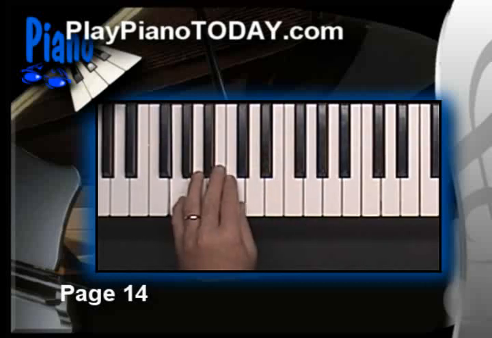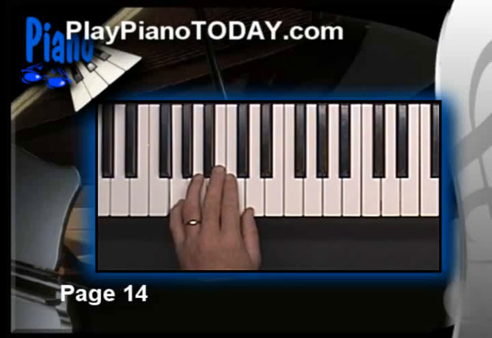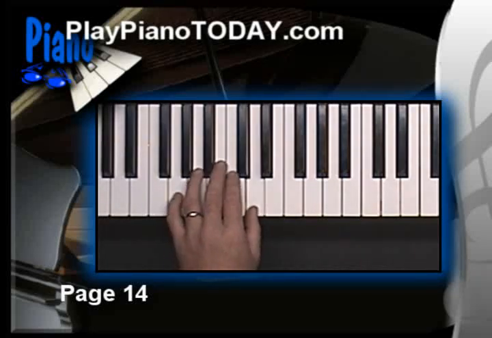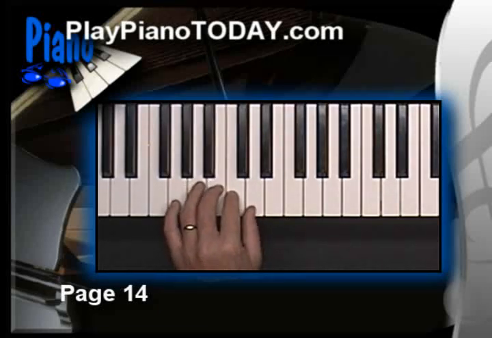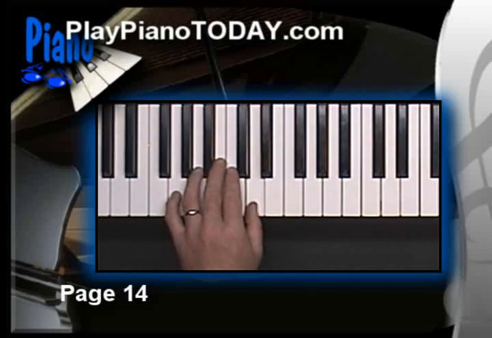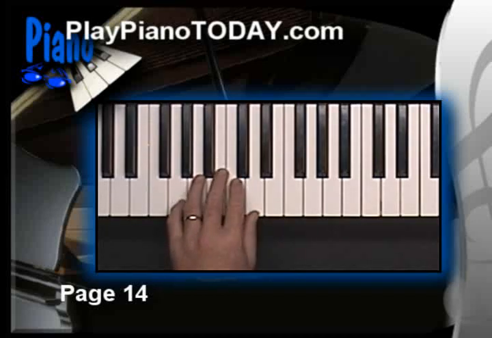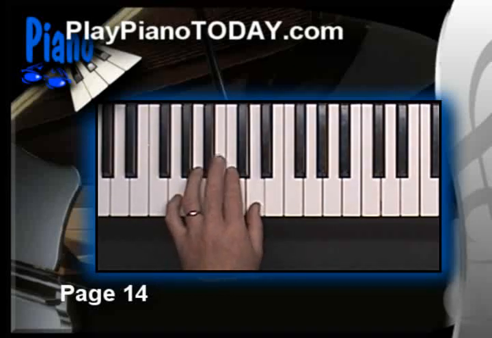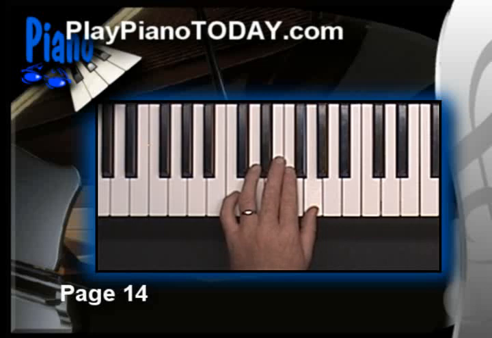So I have you playing a root. Do you see how it has the 1 there, or the root, for 2 beats? And then I have you playing the 5th, right? So the tetrachord plus a whole step pattern in your left hand is right there. So you're going to play the root, 2, 5th, 2, right? 1, 2, 1, 2. So the root for 2 beats, and then the 5th for 2 beats. How about on the chord C? The root for 2 beats, and then the 5th for 2 beats, okay?